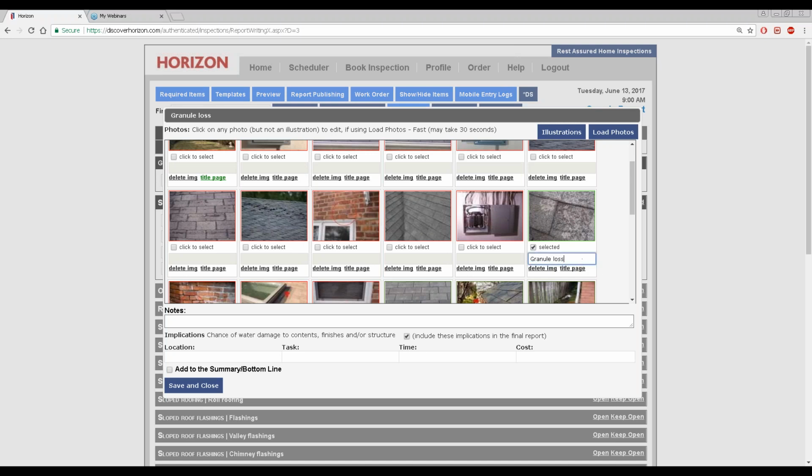Now, if I wanted to revise that, I could easily come in here and change it from granule loss to anything else of my choosing. And again, this supports up to 45 characters. Now I prefer this field. I'm just going to copy this. Granule loss as a caption isn't really that bad because it's actually quite accurate. More so, as I mentioned, the multi-word conditions or single ones are the ones I would tend to revise just for clarity's sake. The reason why I also favor this field is if we click on the photo,